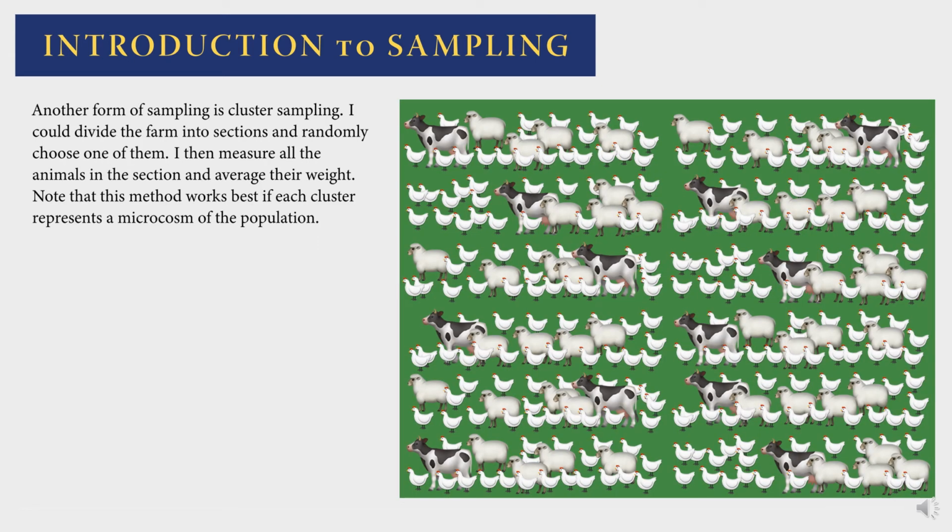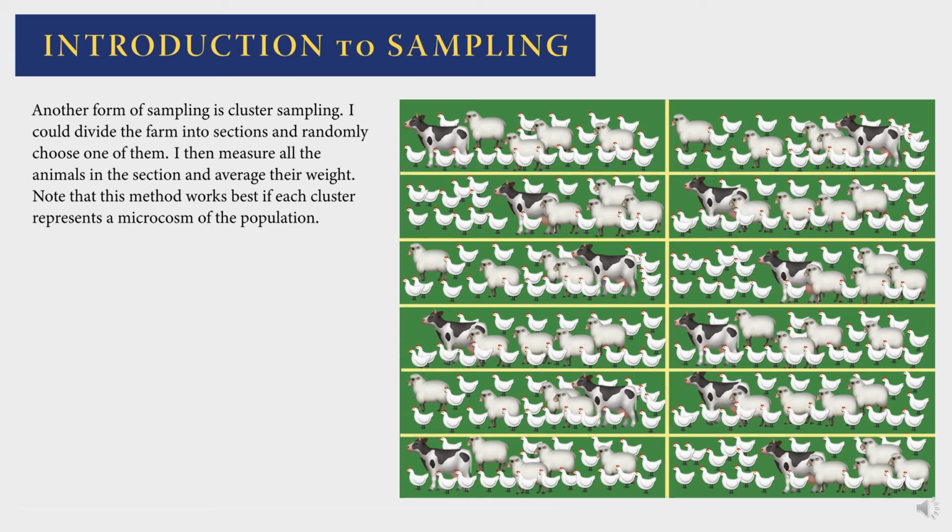We can also do cluster sampling. With cluster sampling, you want each of your clusters to resemble the population as much as possible. You randomly draw some clusters and measure everything in the cluster. Here, I made 12 clusters of 25 animals. If I want a sample of 25 animals, I can randomly draw one of the clusters and weigh every animal